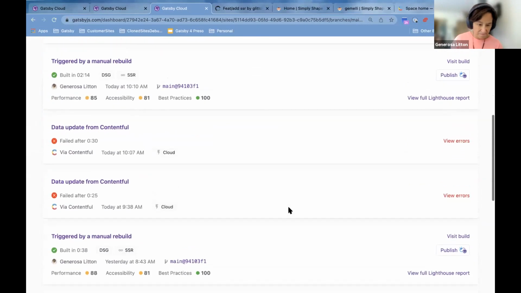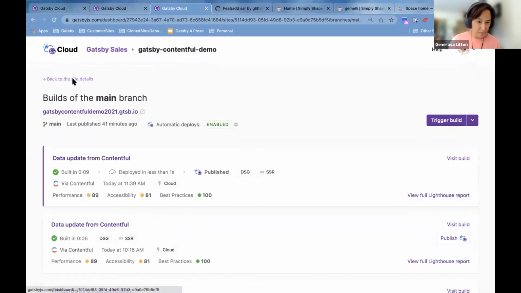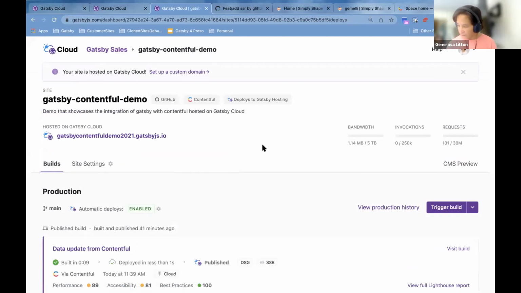So I can just look back maybe a couple weeks or a few days ago, January 18th, for example. And maybe this is the build that you prefer. You can actually take a look at it, and I can click publish, and that's it. We've reverted to a previous build. So again, very, very nice capabilities within Gatsby Cloud. So that's the typical developer workflow. I mean, we incorporate with your current workflow with your VCS, so it just blends in very nicely.